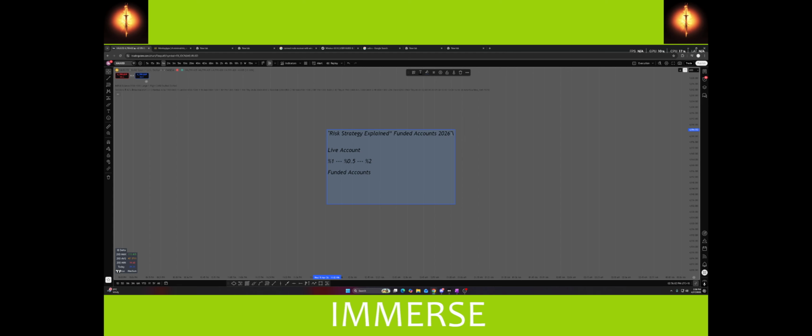Now for funded accounts, it's about being alive long enough to be able to actually see the system play out. Risk an amount that will allow you to live long term and allow your system to play out. You can risk 100% of the account, but in funded accounts, depending on the firm and the rules, if 10% is the max, then I recommend you allow enough room in drawdown for the system to actually play out